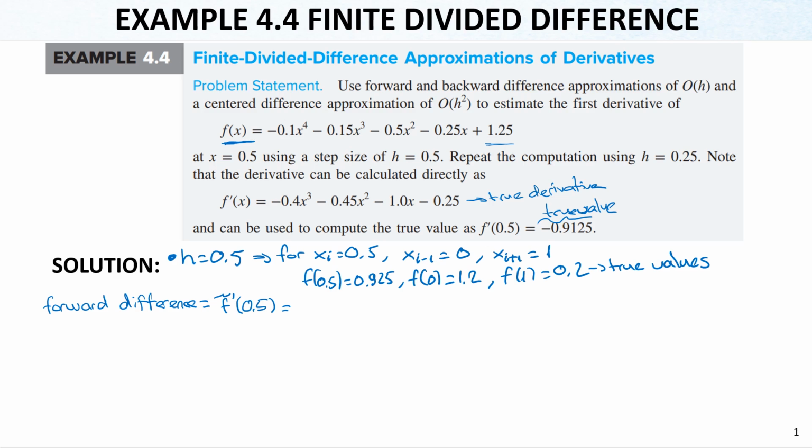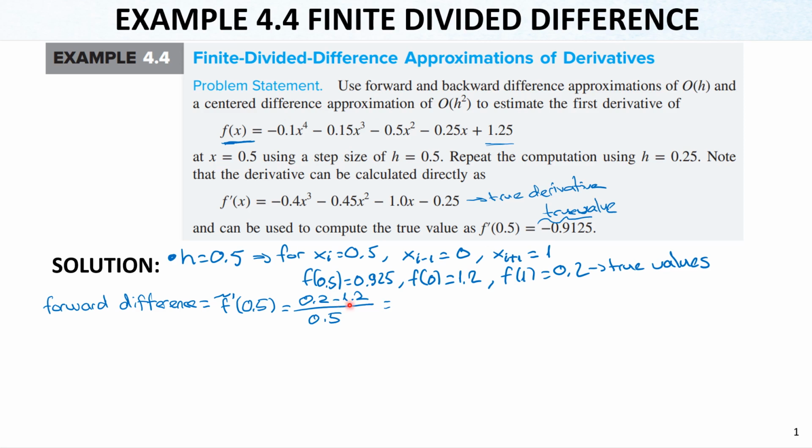So f1 is xi plus 1 over here. So 0.2 minus 1.2, simply 0.2 minus 1.2 divided by 0.5, which is